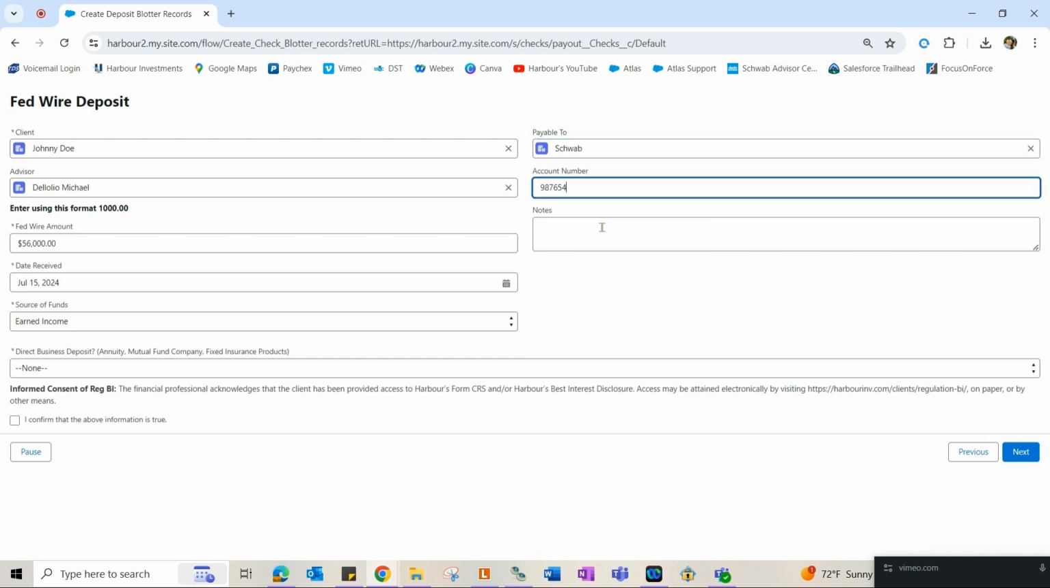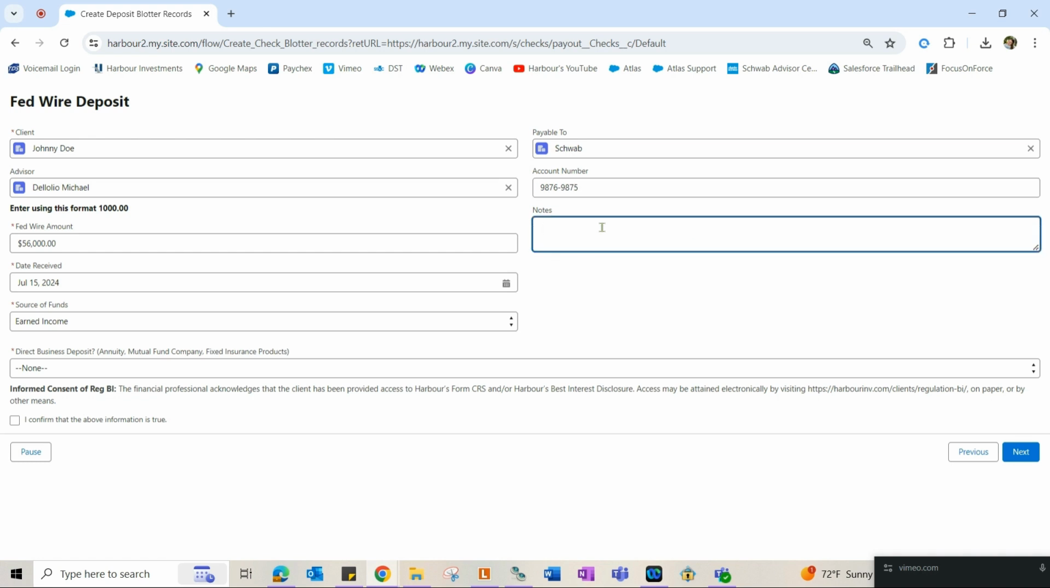Again, if I have my account number, I can go ahead and provide that here. It is not required, but it's always something good to provide if you have it. And same thing with the notes. More just kind of general information for us or for you. And this last question, is this a direct business deposit? No, it's for Schwab. But if this was for a mutual fund, variable annuity company, something like that, and I